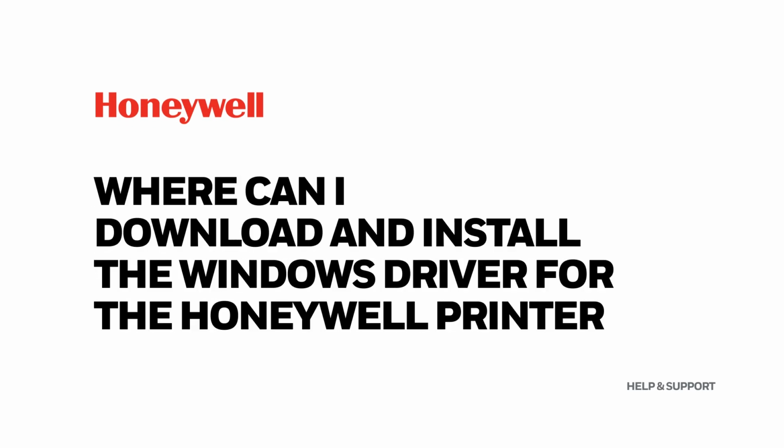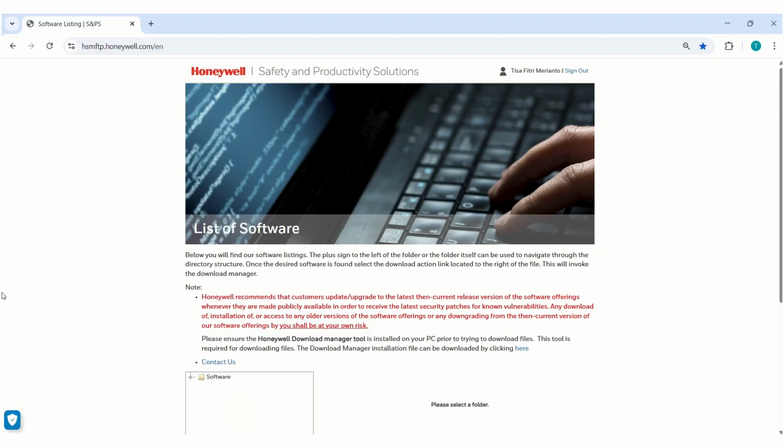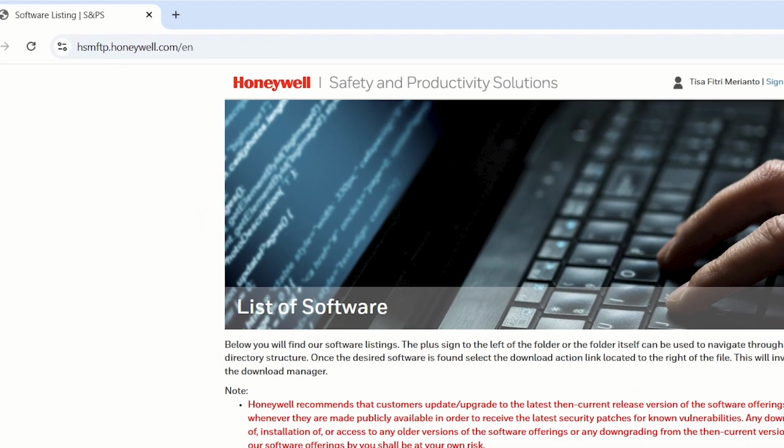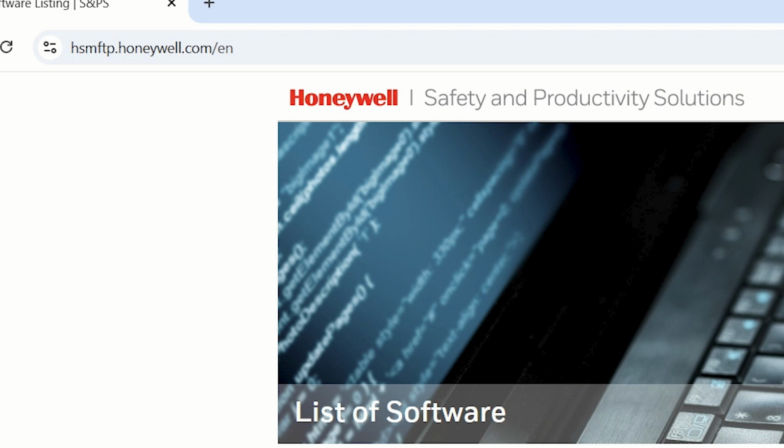Where can I download and install the Windows driver for the Honeywell printer? In this video, we'll show you where to download the Windows driver for Honeywell printers and guide you through the complete installation process. To begin, go to the Honeywell software portal at